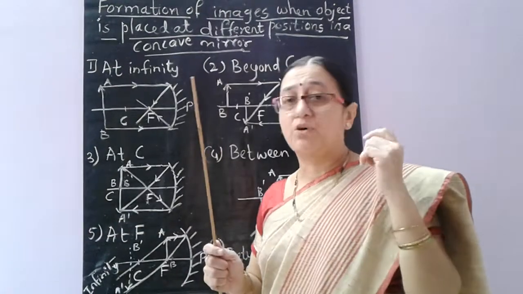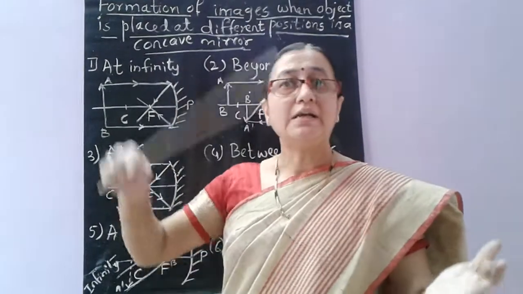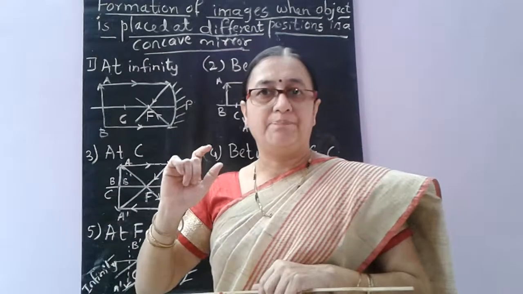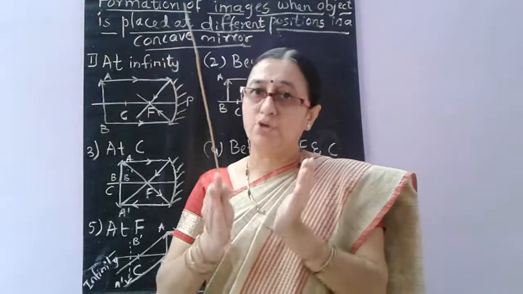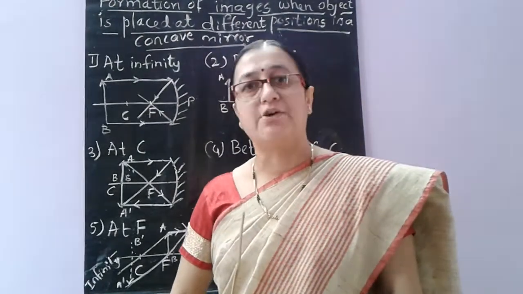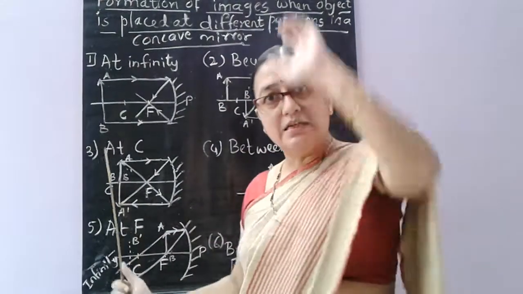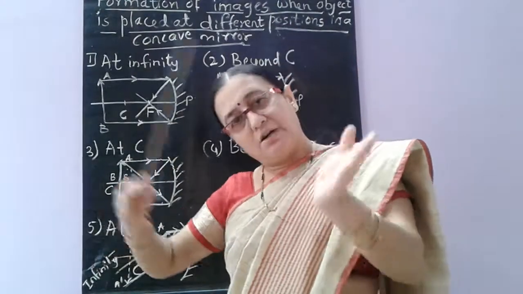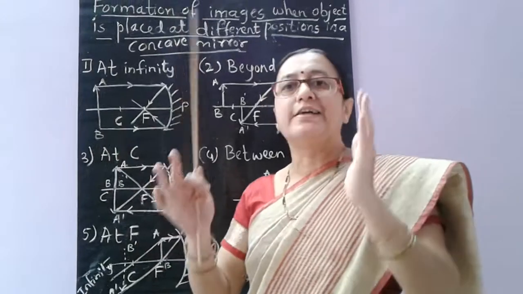So the best example we can give here is when sun rays are falling on us from morning till evening. If you check the nature of the shadow which is formed, the morning shadow will be enlarged. As it comes to the afternoon, 12 o'clock, if you stand, the shadow will be just below our legs, so we cannot see our shadow. So that is a position when we are at C to the sun. And in the evening again it goes on the other side, goes on enlarging the shadow. So we can relate it to that.